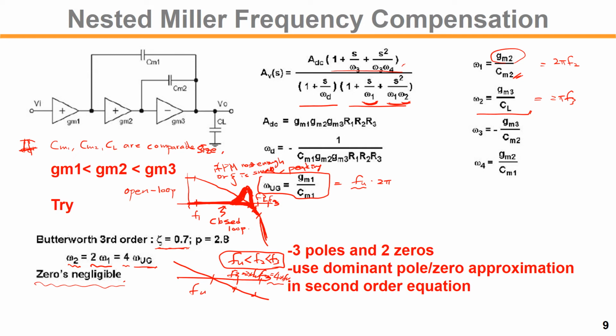So does it actually affect the peaking? You have to be careful about this peaking. To do that, you have to make sure that this non-dominant pole should be placed far away from the FU, and also the zero is better located at a higher frequency. Okay,